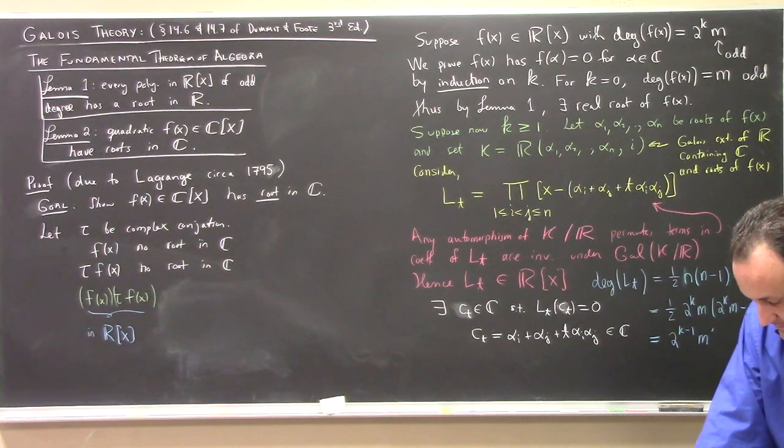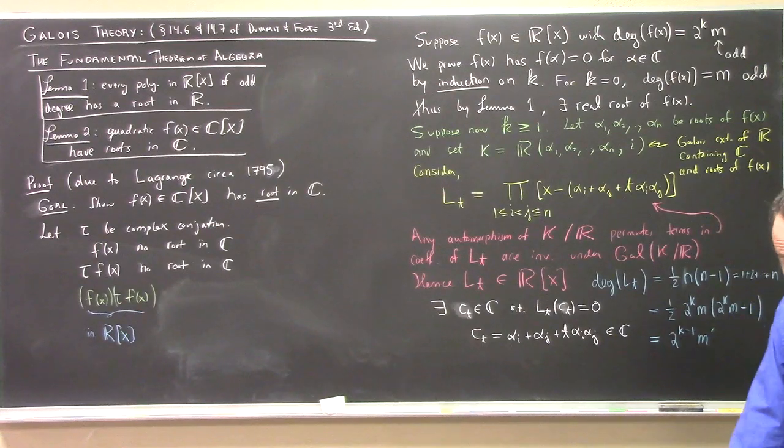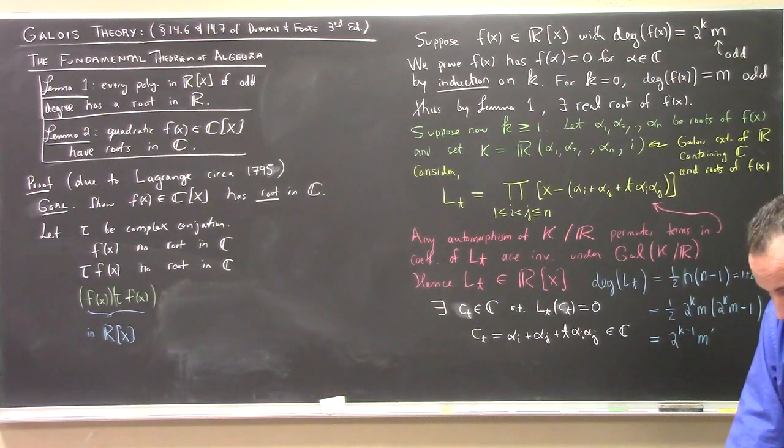Well, to L sub t, but we're not done yet. We need to circle back to f of x, right? Now this construction we just did works for each real t. Hence for each real t, one of the elements alpha i plus alpha j plus t alpha i alpha j for some i and j is an element of C. He says since there are infinitely many choices for t and only finitely many values of i and j, we see that for some i, j, say i equals 1 and j equals 2, there are distinct real numbers s and t such that